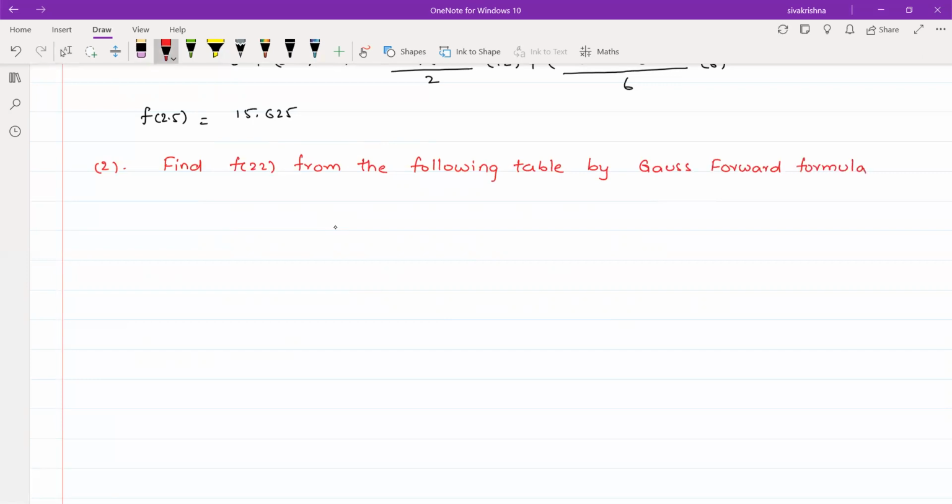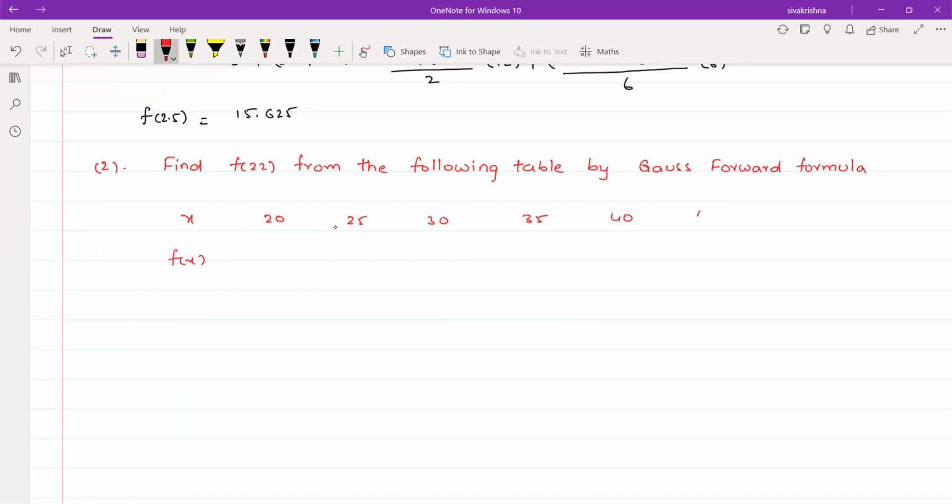On the table, x and f of x. The corresponding x values are 20, 25, 30, 35, 40,